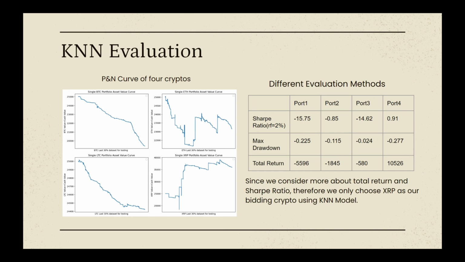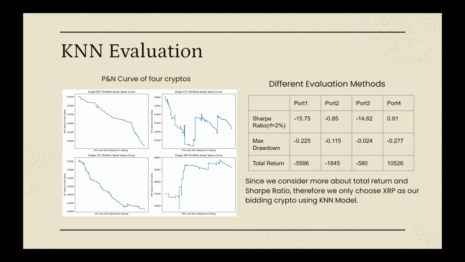Here I set the risk-free rate for the Sharpe ratios equal to 2%. And the four portfolios' max drawdowns are negative 0.225, negative 0.115, negative 0.024, and negative 0.277. And the total return of the four portfolios is negative